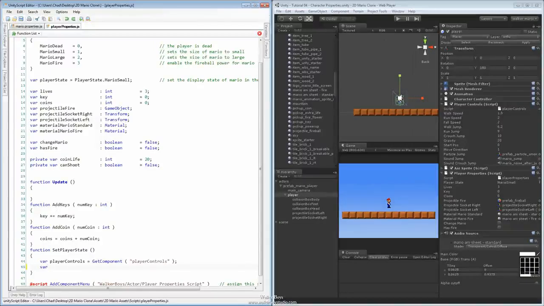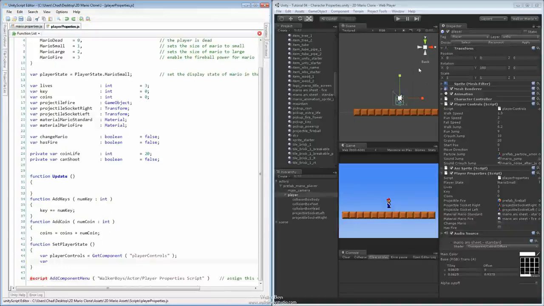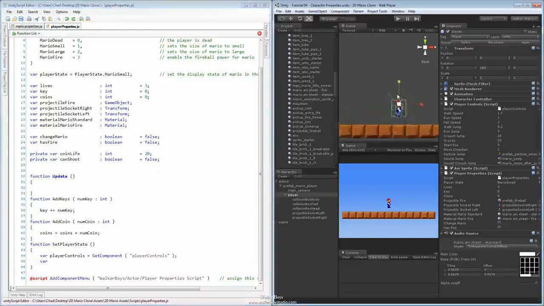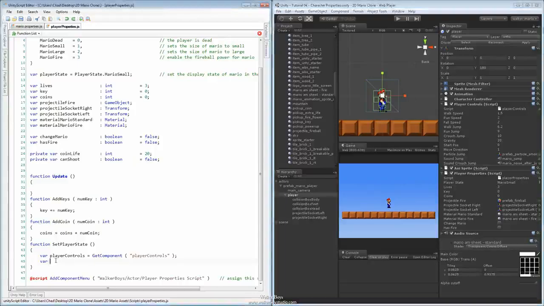Now the reason we're getting these two options, the character controller, is so that we can actually grab our character. For instance, when the Mario guy grabs one of, say, the mushrooms, make him grow and make him a little bit larger. Well, if he's small, the character controller object needs to either grow or shrink based on the character. So we need to actually control that and be able to move him. So we'll go ahead and grab the character controller,